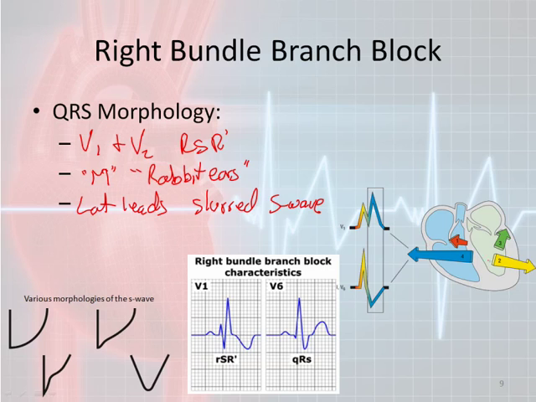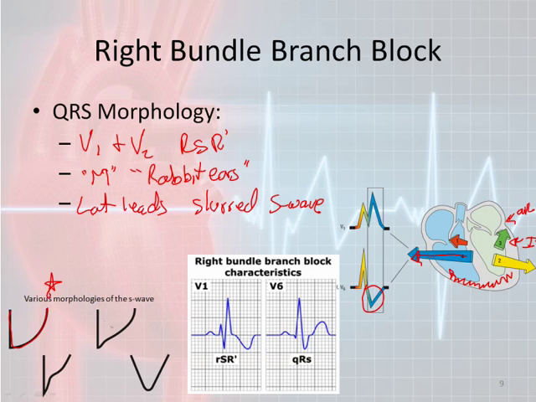Now, what that's going to look like is the S wave in the lateral leads is going to be your right ventricle depolarizing, because if you look at lead 1 here, and we'll say AVL is up here looking this way and looking this way, as the signal slowly transmits itself around to the right ventricle, it's slowly traveling away